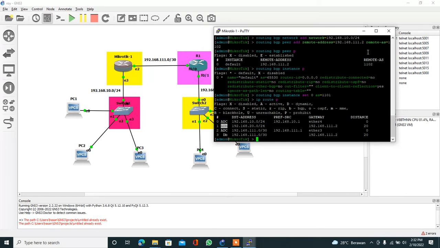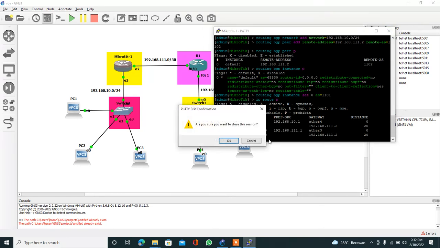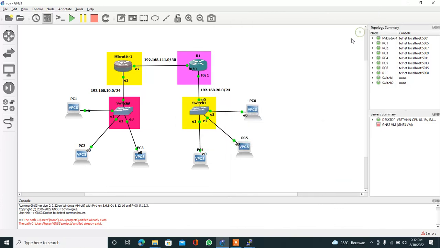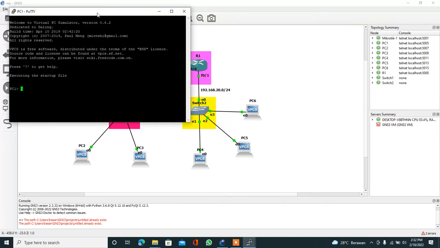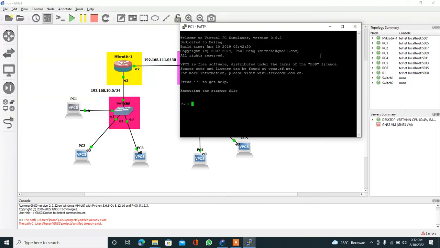Okay, the last step is to add an IP on each PC. We directly request an IP by typing the command, on PC1, ip dhcp, like this, enter.